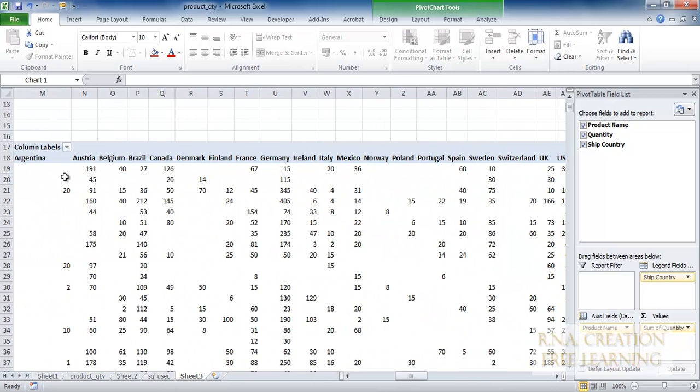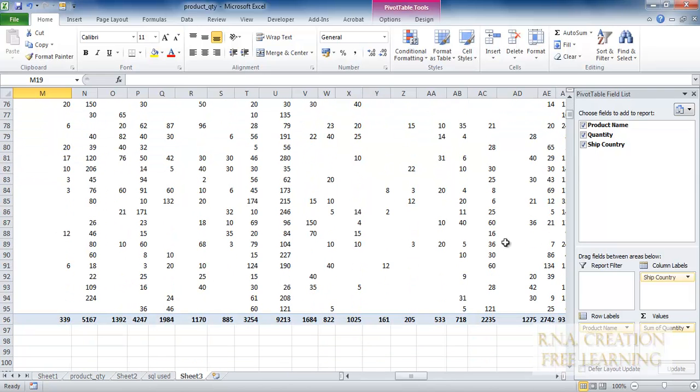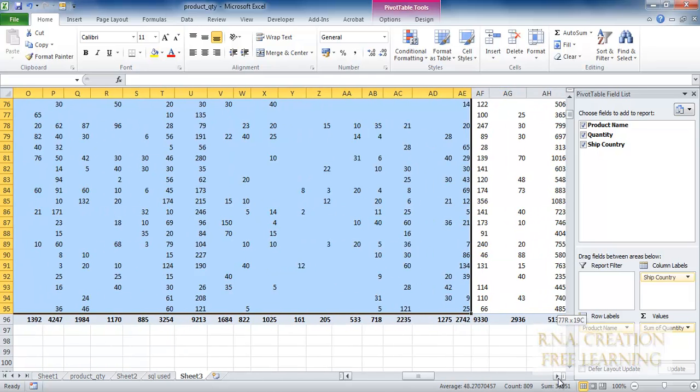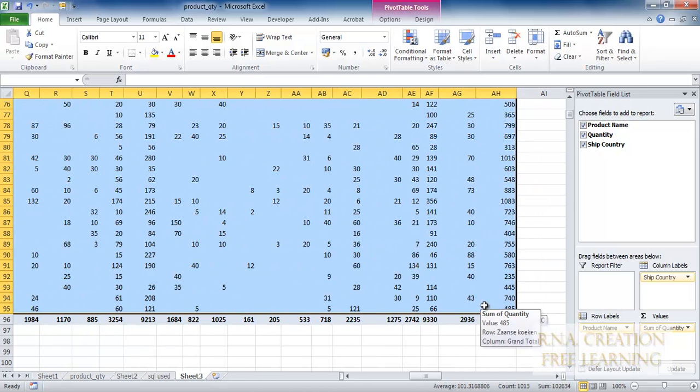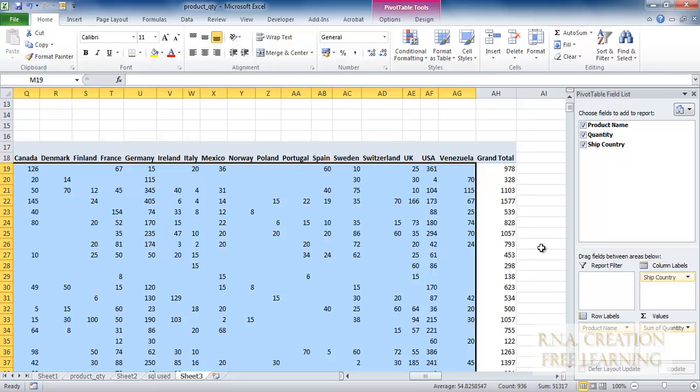As you can see, this is the data for all the countries from here onwards to, let me check, this one. The last one would be for the total. What I need, I have selected this data. This is data for Canada, Germany, and all those things, the products going up and down.